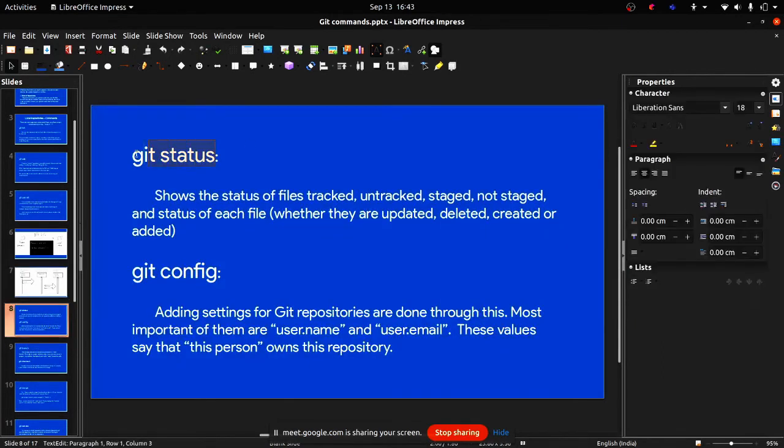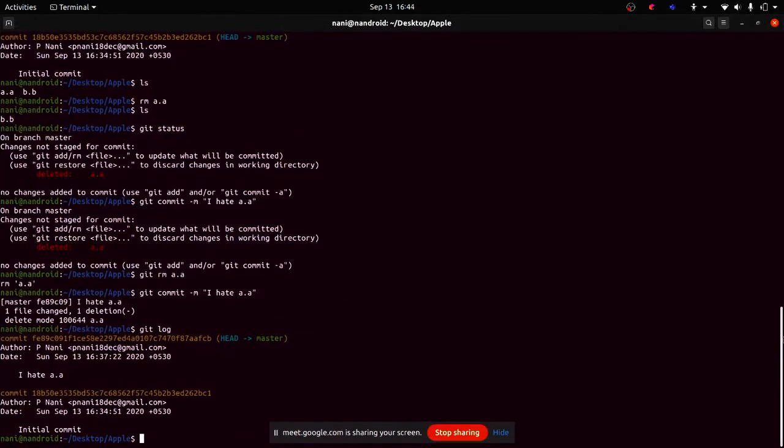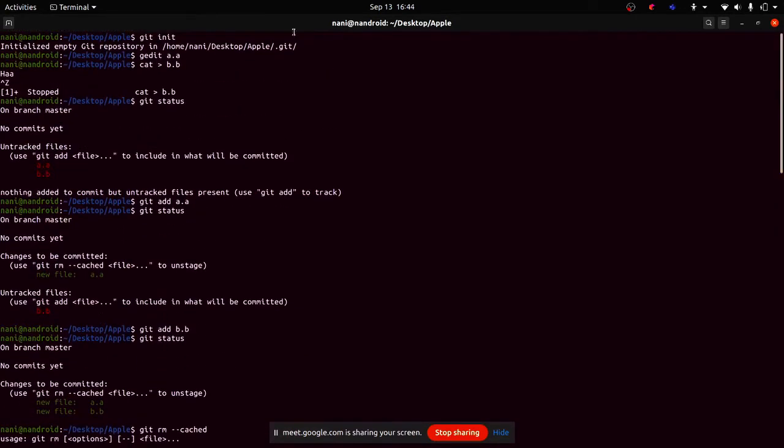So git status, it's simple. If git add adds particular files, if git commit commits a file, what does git status do? It will show the status. In my terminal I have used git status a lot of times. First of all, I've created two files.